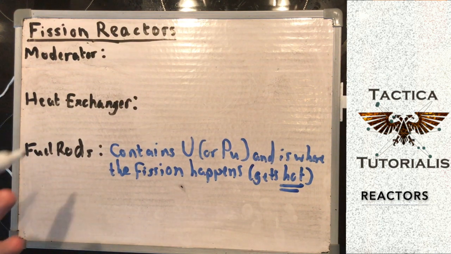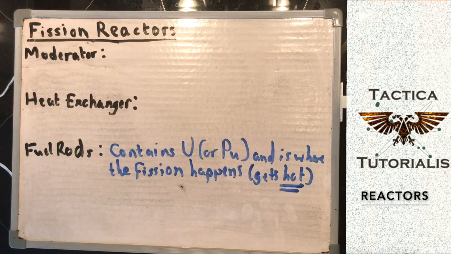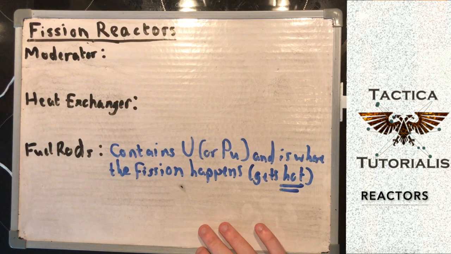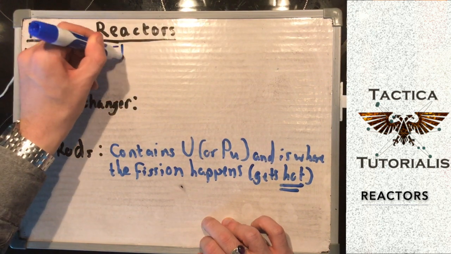Another part of why we have the control rods is to stop too much fission happening, and the coolant is there to stop it going out of control so that it stays cool and doesn't melt, because then we have problems. Now the moderator, its job is to slow down